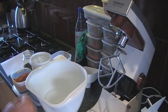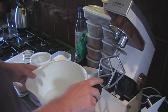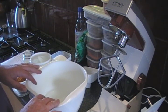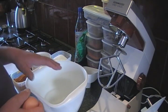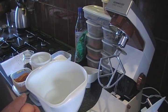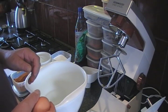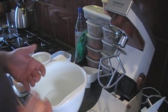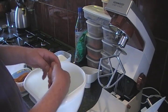Now I'm going to show you how to make a kebab mixture. I've got one of these Kenwood mixers. If you haven't, you're going to have to mix it by hand. So I'm going to be using a kilo of what I buy as mixed lamb. The fat content is more than your lean lamb, and to be quite honest with you, the kebabs need it to cook properly. So into here, 1 egg,